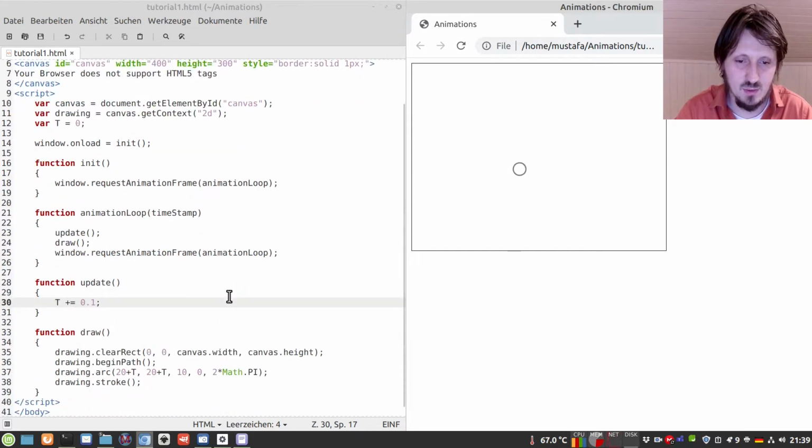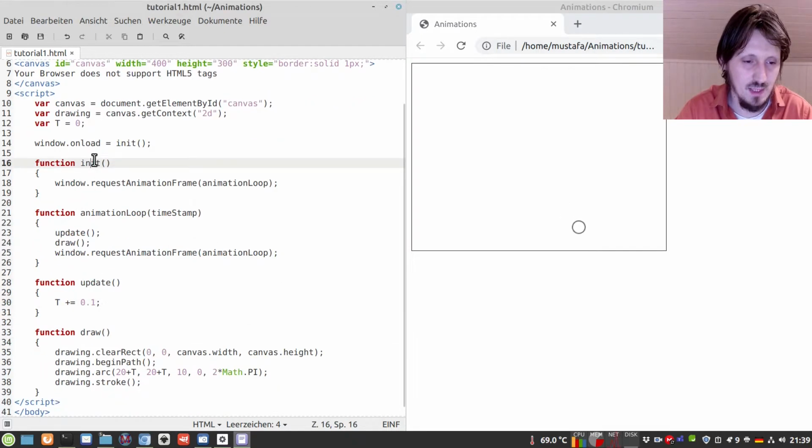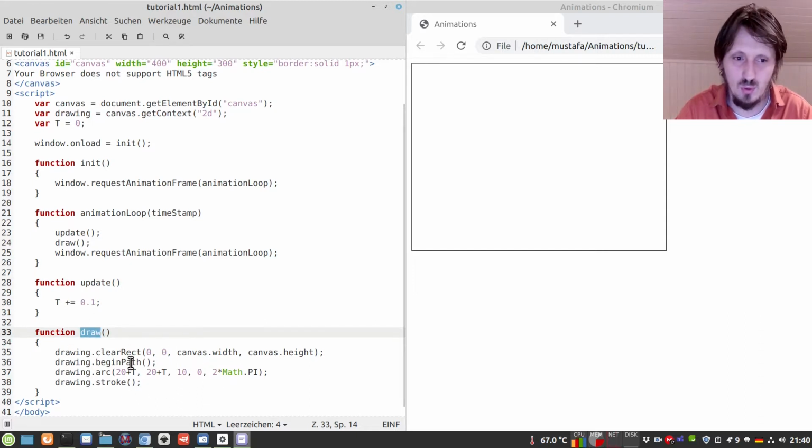But in the next videos, I will of course go more into detail and explain a little bit more how to make the animations more interactive, how to use the timestamp to make it independent from the frame rate, and so on. For the time being, you only have to keep in mind you need basically 3 functions: an init function which is only called once when the window is created, an update function which includes everything which is updated with every frame, and a draw function which draws what you want to draw in every frame.